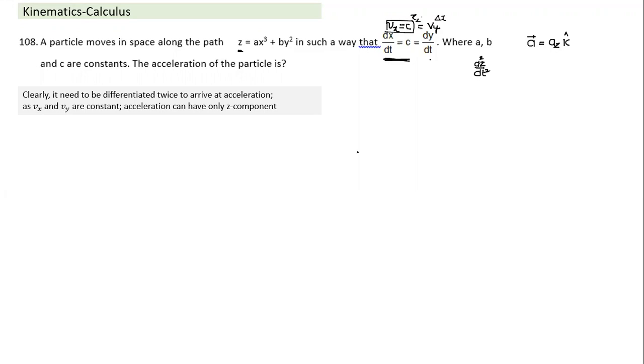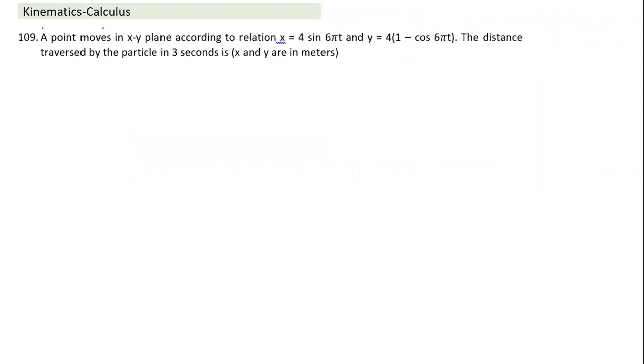Not only this one, try to understand each question very thoroughly. That's why I'm focusing on a limited number of questions. Each question may have something different. Make sure everything is understood as well as you possibly can. So Vx and Vy are constant, and acceleration will only have a z component. If I differentiate once, this is the term I get. After getting this term, in place of this I substitute c, and in this way also we substitute c, and again differentiate, and we get our answer. That's a fairly simple one. Okay, next question. This question also, compared to the rest of the questions, is slightly different.